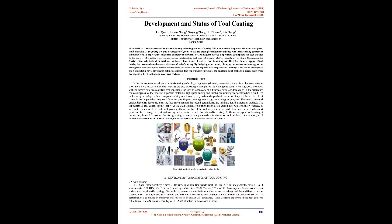Development and status of tool coating. Abstract. With the development of modern machining technology, the use of cutting fluid is removed in the process of cutting